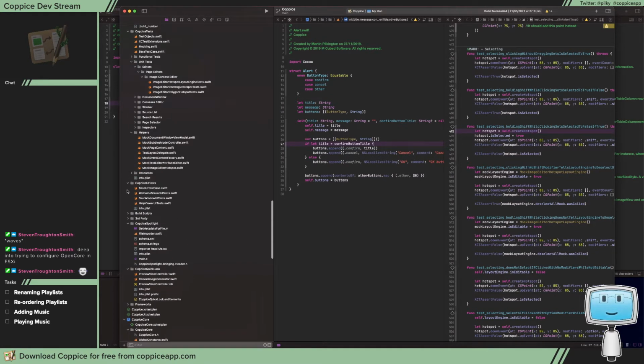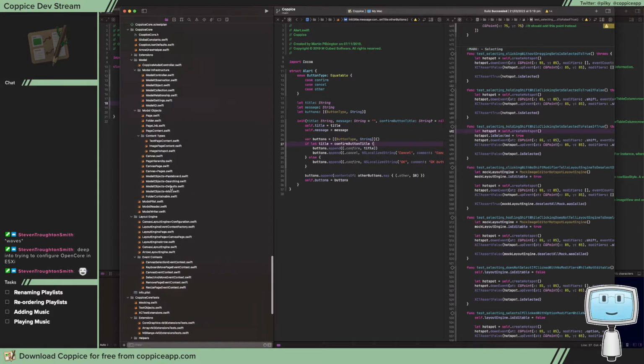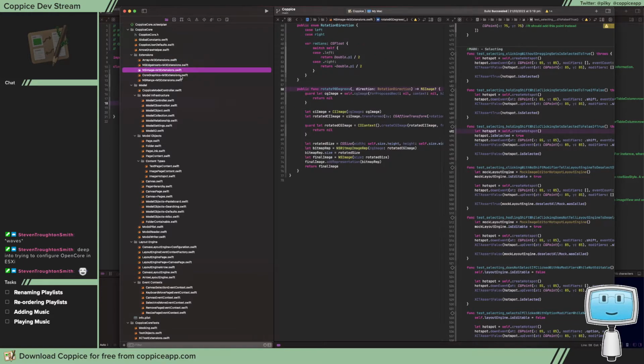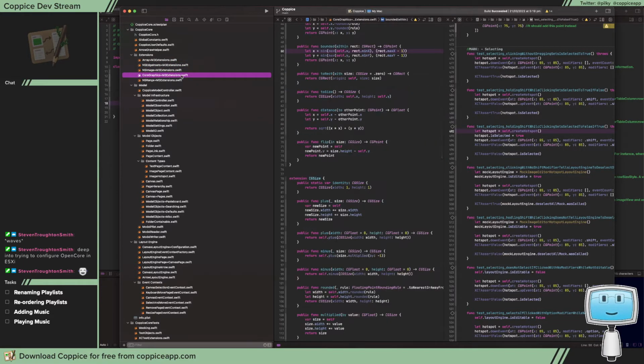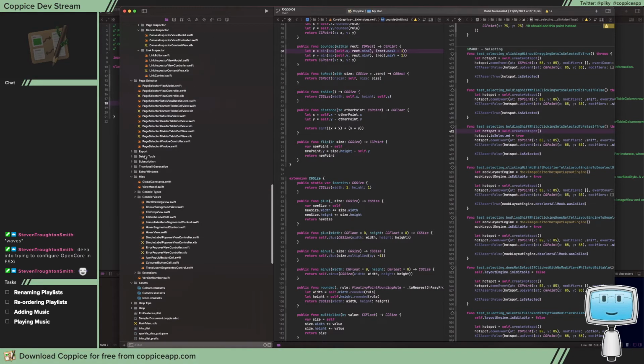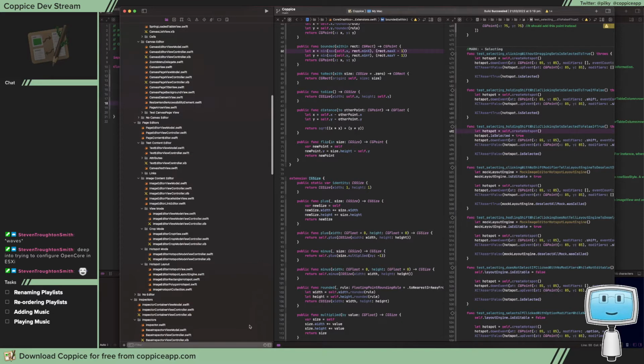but I believe in Coppice Core I also have a bunch of stuff that potentially could be pulled out of Coppice Core and into something else. Yeah, all of these extensions to array and NSImage and so on. So these could all be extracted out into their own framework that are just extensions to what we have, just generic views in terms of Apple frameworks. So for now, what I'm going to do